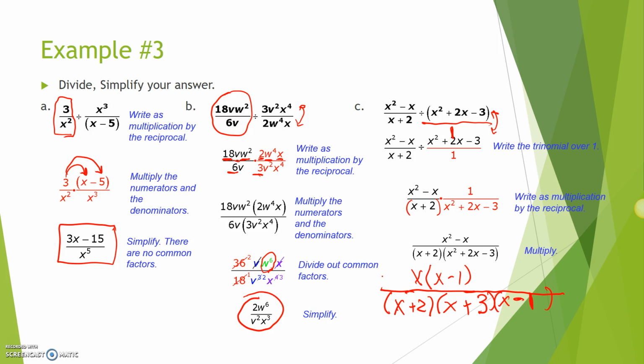Now we can divide out common factors, which is our x minus 1. So what I'm left with now is x over x plus 2, x plus 3. And then from there, we now FOIL the denominator here, which becomes, so my final answer is x over x times x is x squared, plus 3 times x gives me 3x,